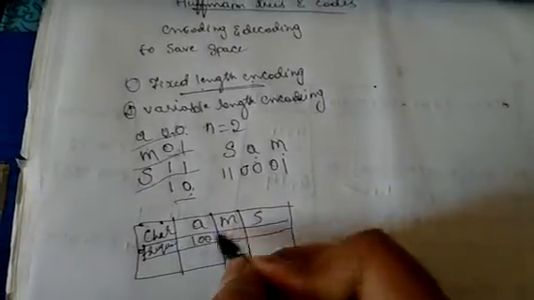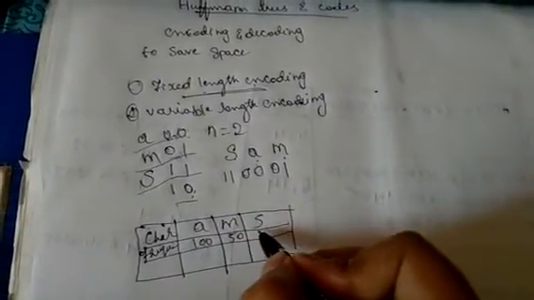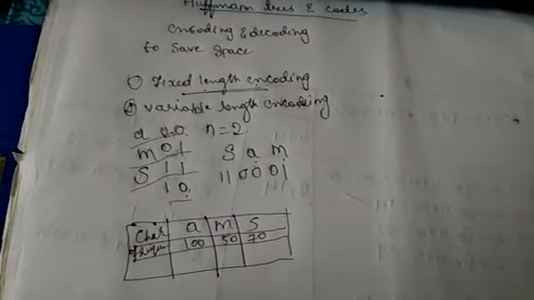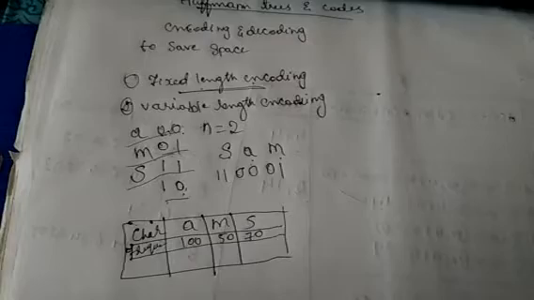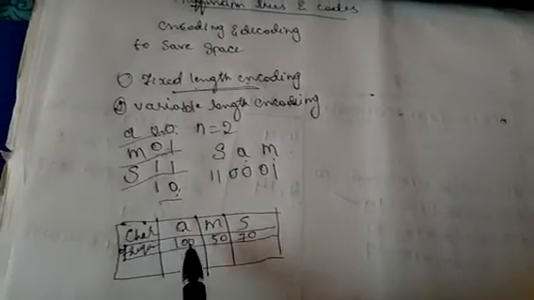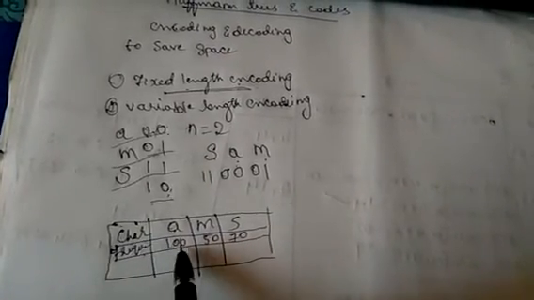Here I'll take the frequencies 100, 50 and 70. What do you mean by frequency? For example, you have a long text message. In that message, you count how many times a particular character is repeated. That is called frequency. Frequency 100 means, in the given text,